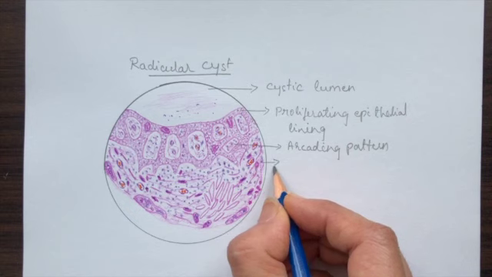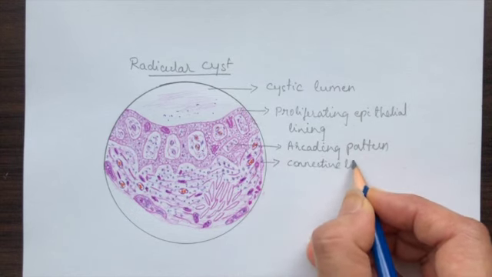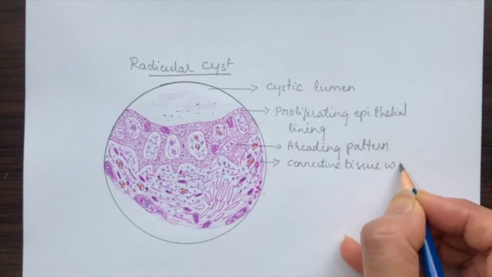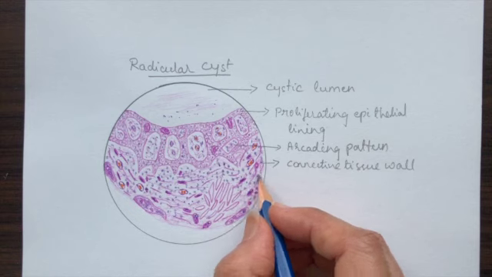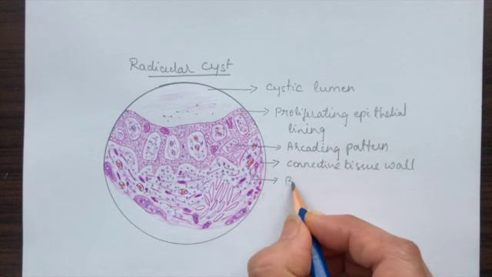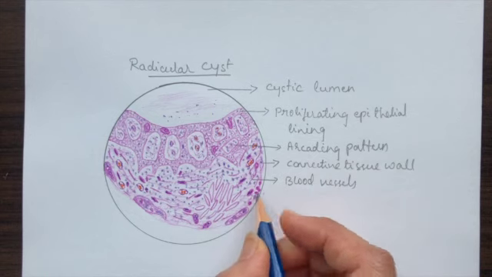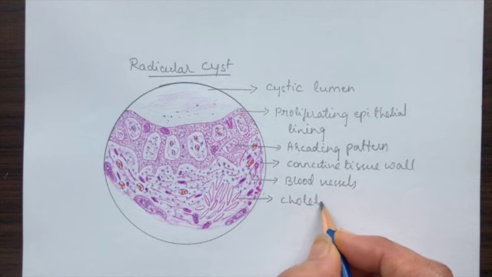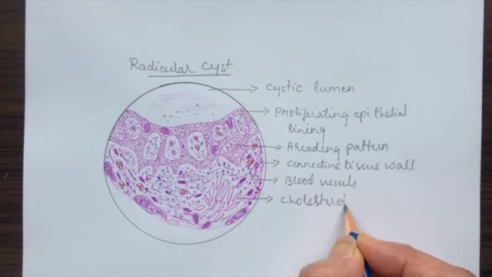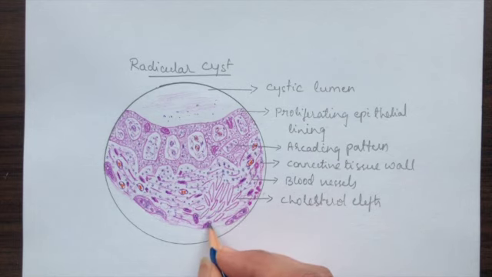This is the connective tissue wall. Inside that we have blood vessels, cholesterol clefts, we have giant cells,